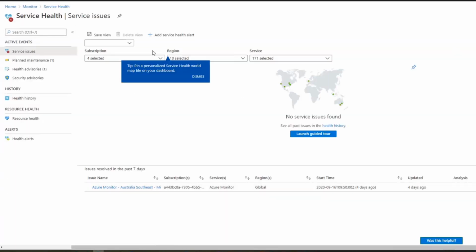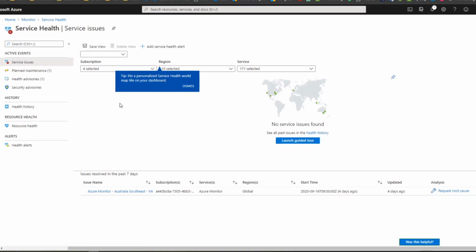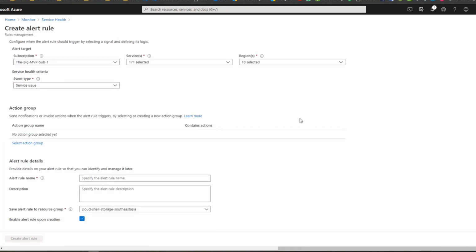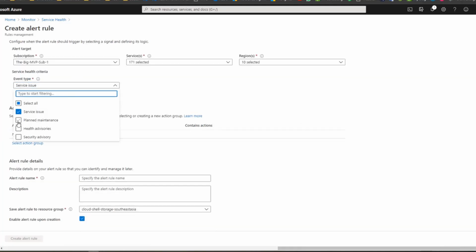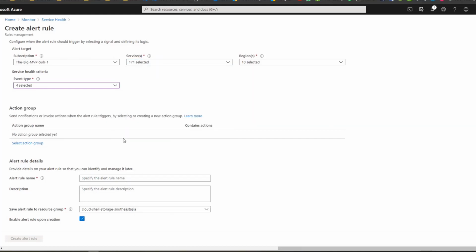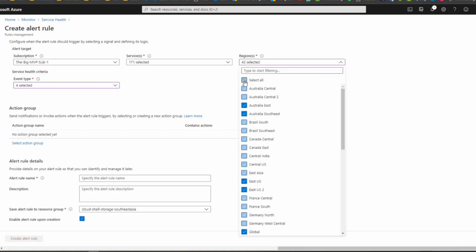You see all the current or the past issues. But you can also just create a Service Health alert. And again, it's really simple. You pick whatever you want to be alerted on, and everything, right? And all the regions,